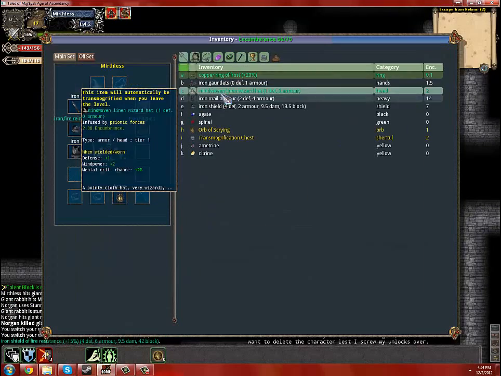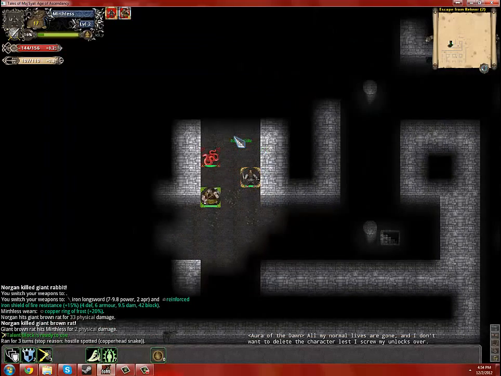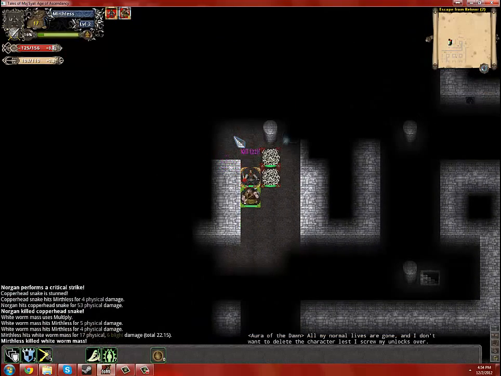And we also found a copper ring of frost, so we're going to put that on too. I don't expect to run into any cold damage, but we don't have any rings on right now, so...